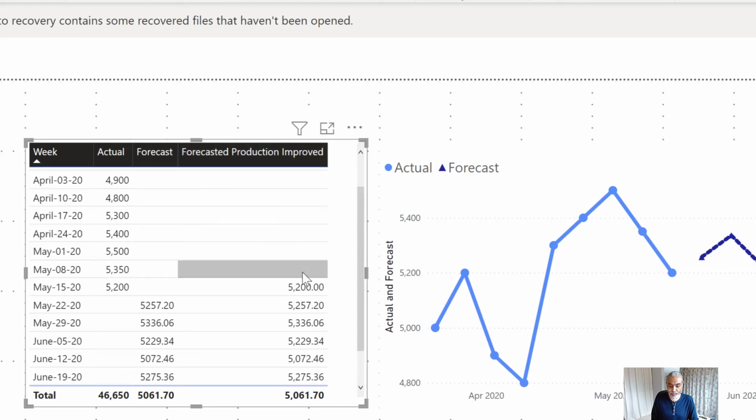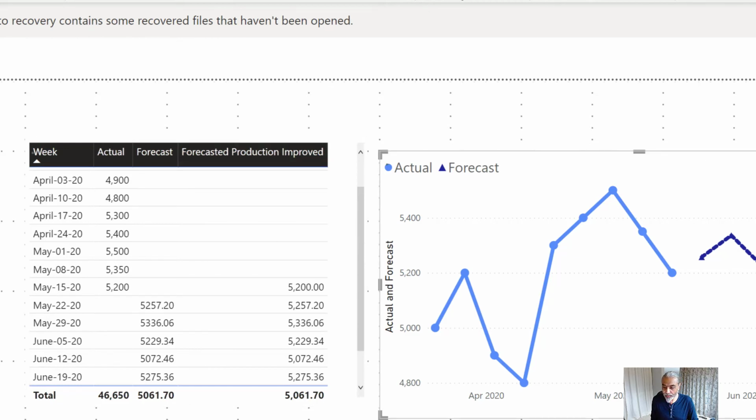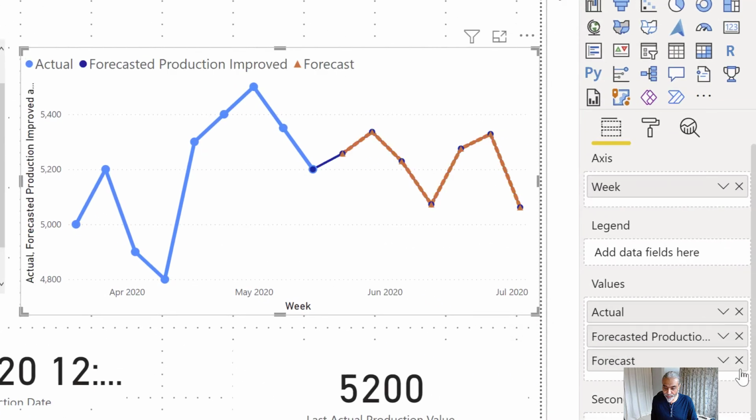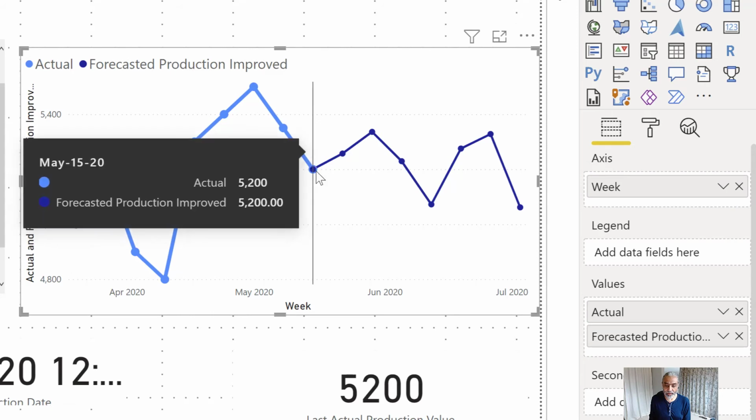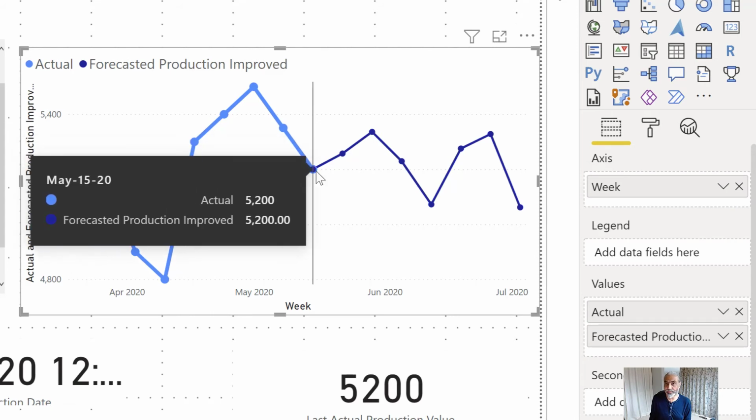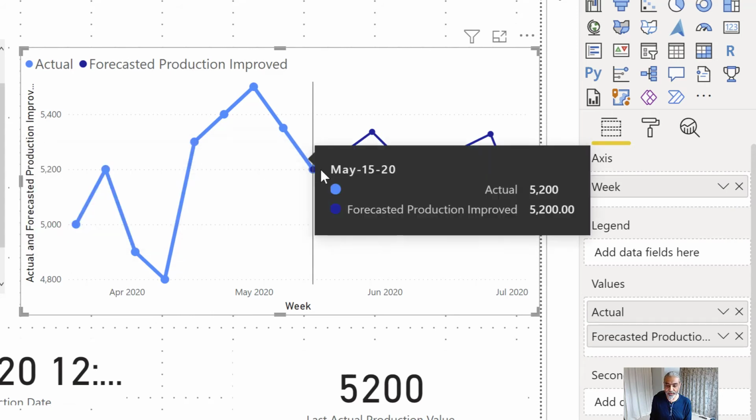Now with this improved one, I have a May production of 5200. If I now use this measure in my line visual, let's call it improved, I will bring it up here and remove the other one. Here you go. Where the actual ends, the forecast starts from there, and now the lines are joined,